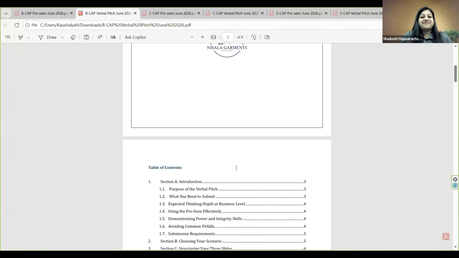Thank you. So thank you, Miss Madhushi, for that detailed explanation. So we have a quick question again. This is relating to the open book policy communication which has been published on the CA Sri Lanka website. The student says, for BCAP, CCAP, and SCAP, there is no recommended study material.